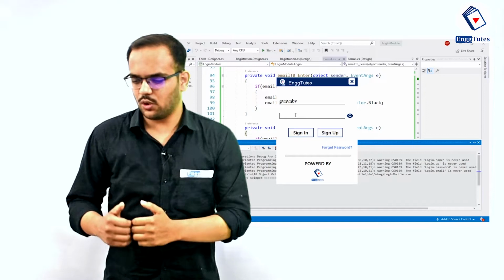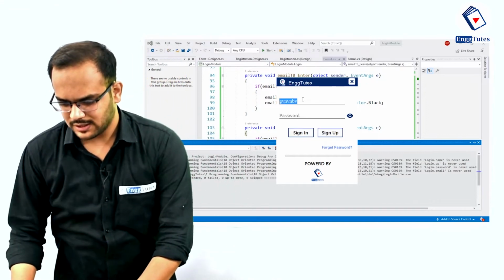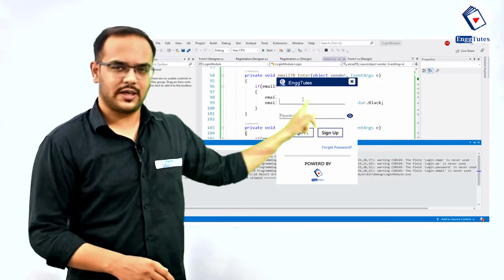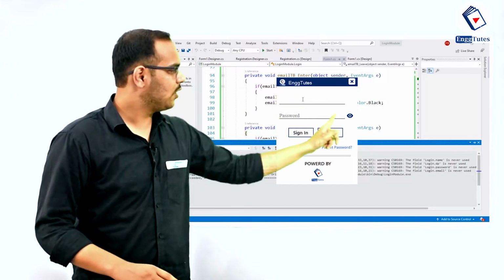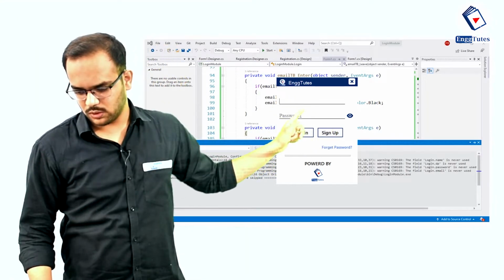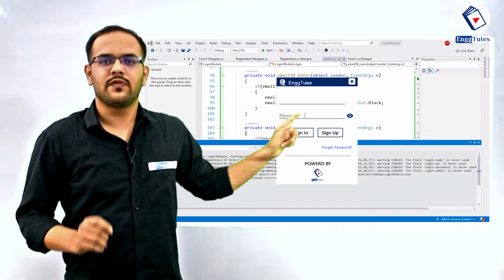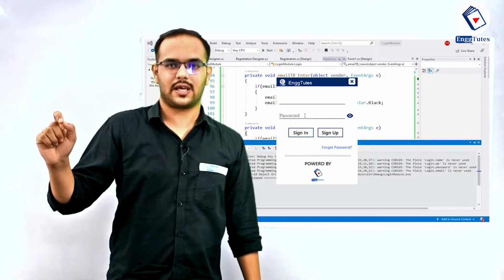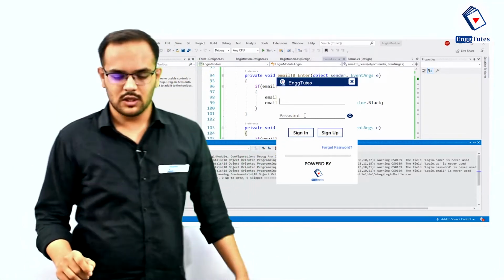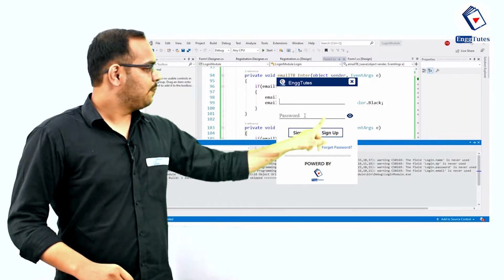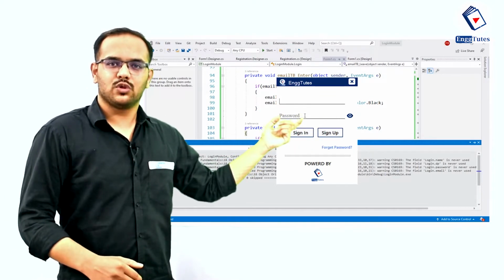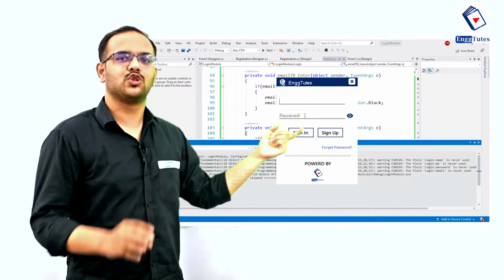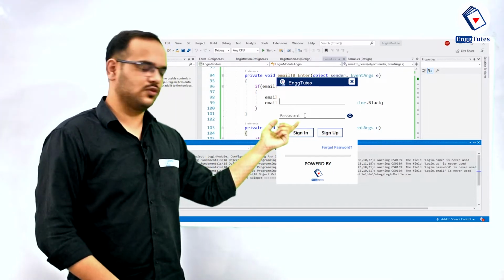Okay, so this was the code and this was the design that I have used for this particular text box. The same thing is applicable over here, you just need to take care of the system password character property very carefully. Basically in password, by default you have to set system password character as false because you have to show the user that this is password.